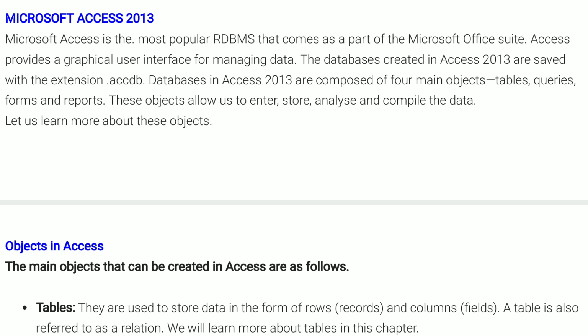Microsoft Access is the most popular RDBMS that comes as a part of the Microsoft Office suite, which is developed by Microsoft Corporation. Access provides a GUI, that is graphical user interface, for managing data.